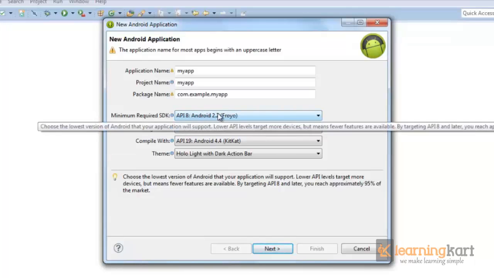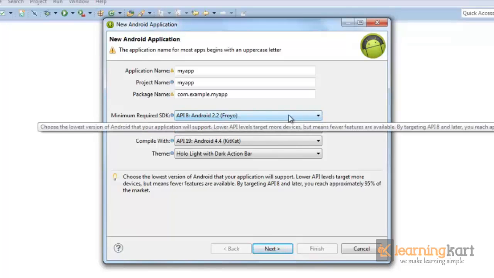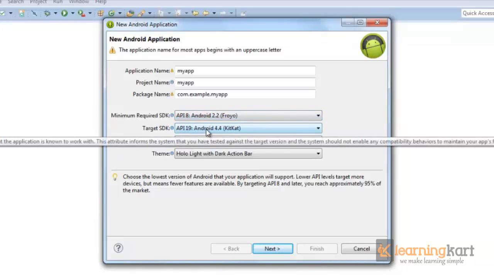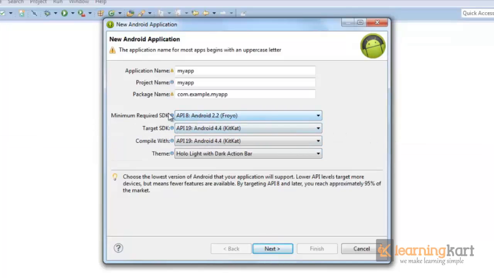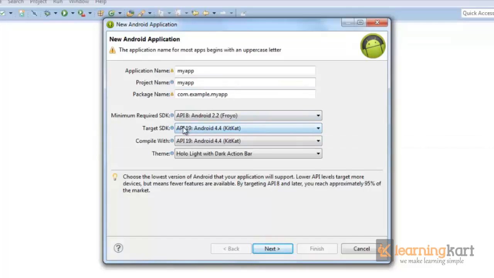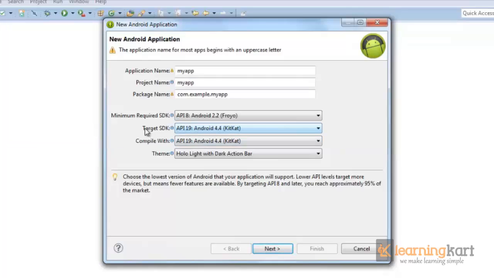SDKs and API level phones, we have seen the market percentage of users for the various versions of Android that are currently running. So accordingly we can program our app to support 19 or 8, and that all depends upon the percentage of users that are carrying a particular API. So this gives us the minimum level of API on a mobile phone that will be able to run our app,